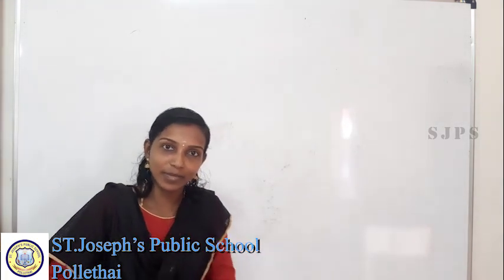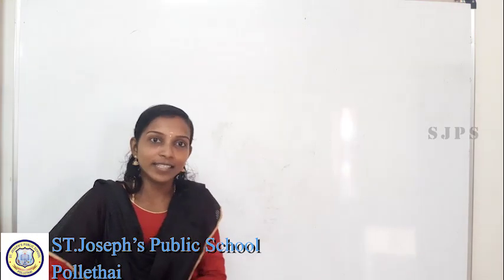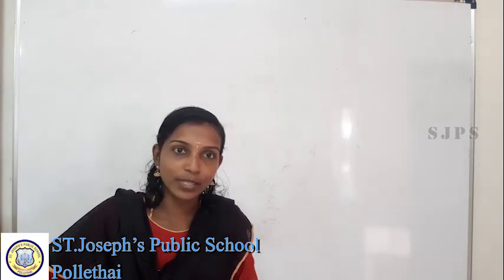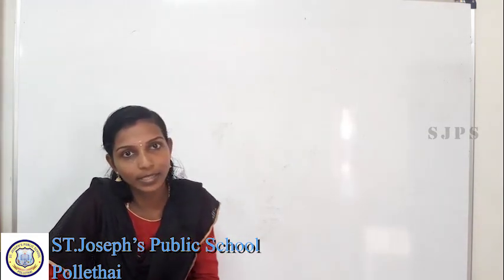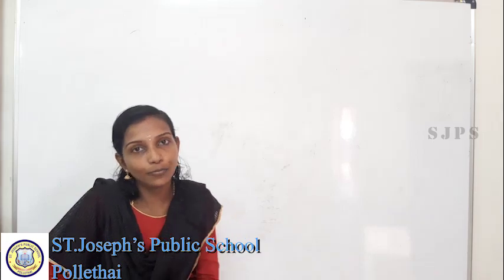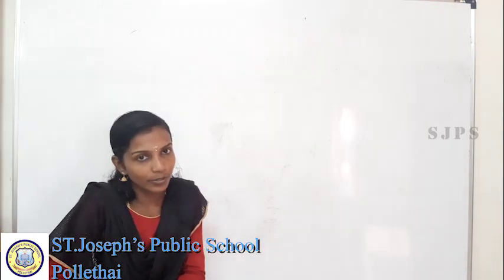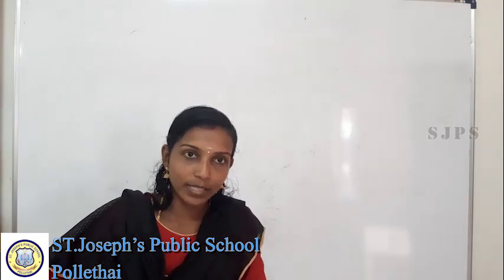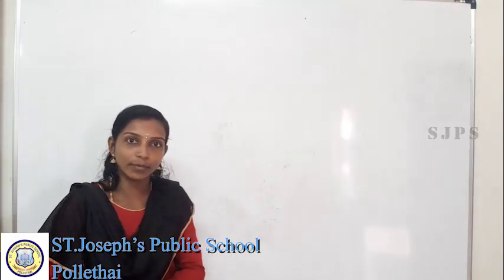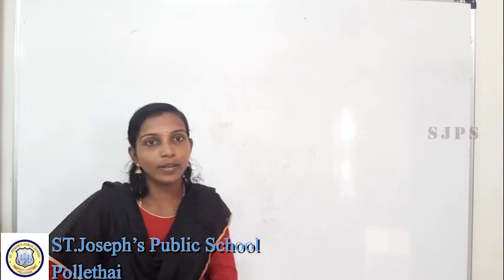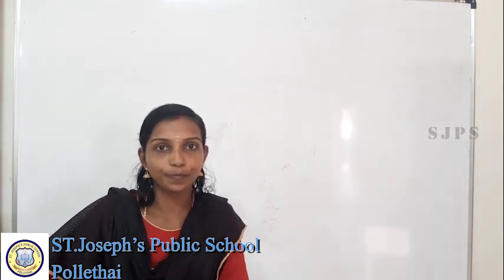We can start our maths class from the 5th chapter, Arithmetic Progression. In this chapter, we will study what an arithmetic progression is, what the nth term of an arithmetic progression is, and how to find the sum of n terms of an arithmetic progression. Today we are going to study what an arithmetic progression is and what the common difference of an arithmetic progression is, then how to find the general form of an arithmetic progression.